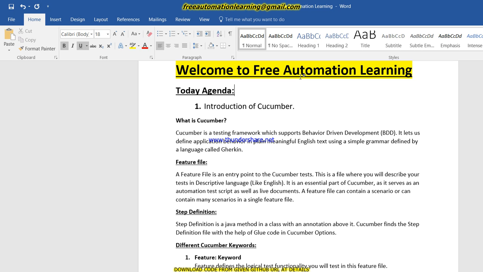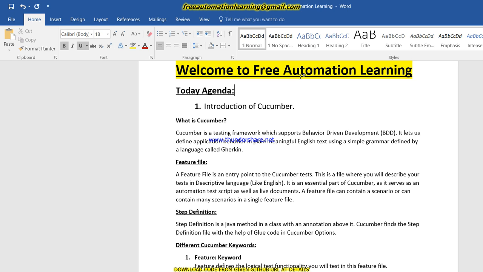Basically, there are many tools available in the market. Some are open source and some are paid tools. Cucumber is a very famous tool which supports BDD, and apart from Cucumber, the JBehave tool is also available in the market if we talk about using it with Java. In this tutorial I'm using the Cucumber tool, and we will discuss how we can achieve BDD by using it. So move ahead.